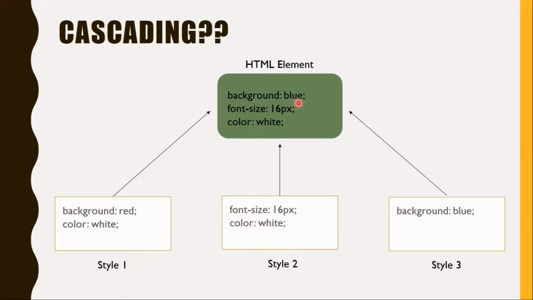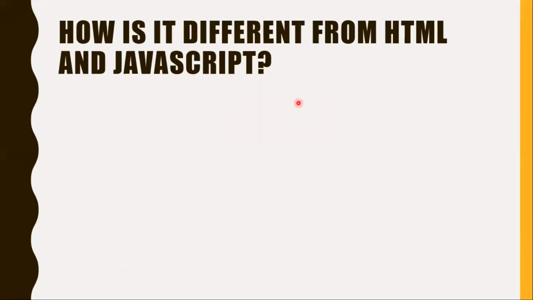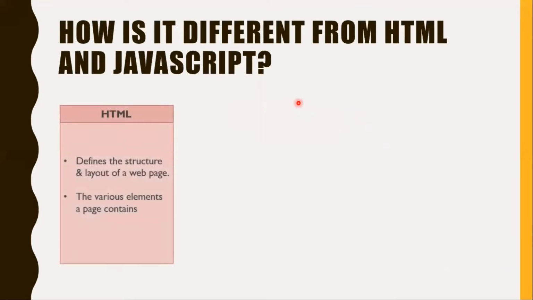Okay, now we'll talk about the difference between HTML, CSS, and JavaScript, just so that we are very clear what they are and how they vary. So first, talking about HTML, it is your markup language. Please remember, it is your markup language, which means it is used to structure your elements on the web page. That's all. It was never intended to style the web page. So it is not a styling language. Please don't style your elements using HTML attributes. That is not what it is designed for.